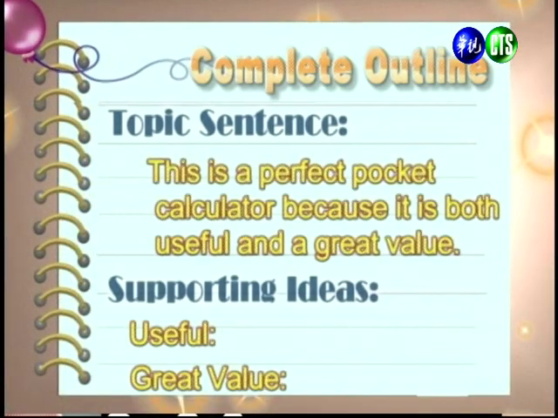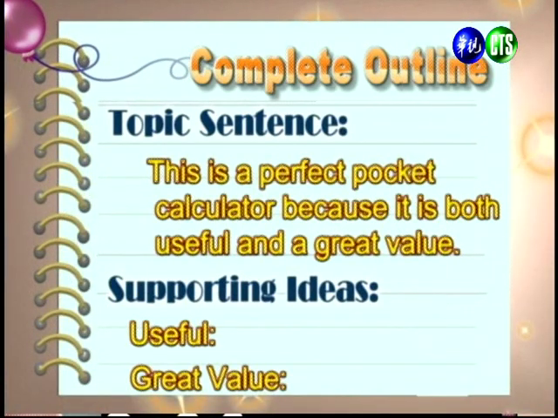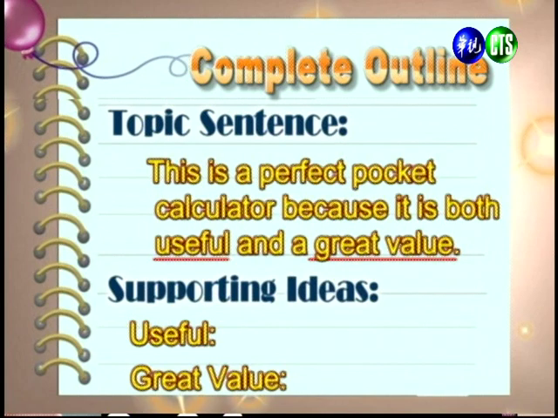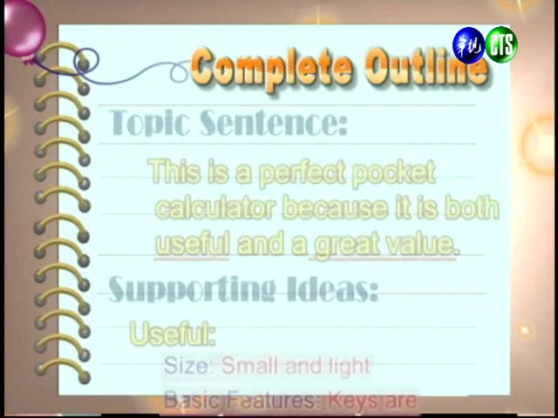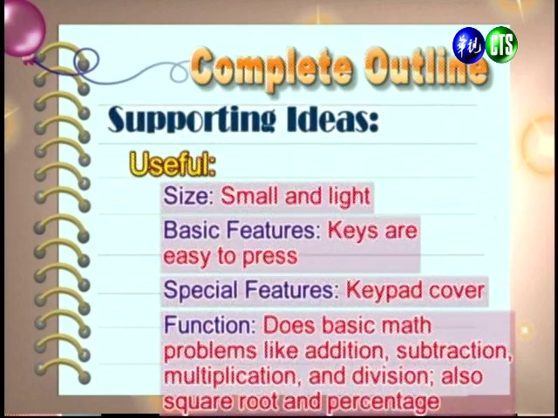All right, so now we're going to continue to complete our outline by having some support sentences. 好，那接下来我们下一个步骤是加入一些支持句喽。And we're going to have two topics in our support sentence. We're going to have useful and great value. 好，我们会提到2个支持的论点哦。第一个讲到的是它很有用，第二个讲到的是它的绝佳的价值。